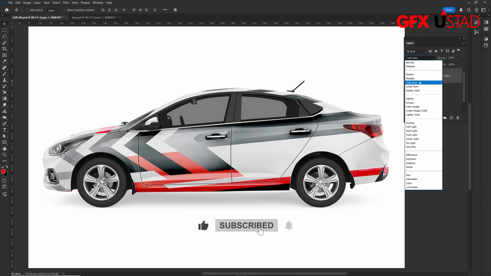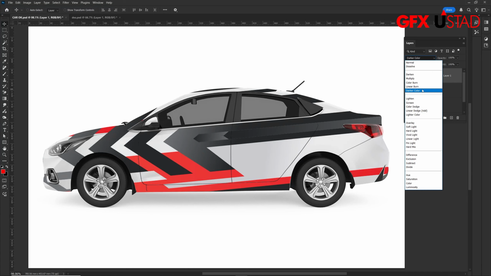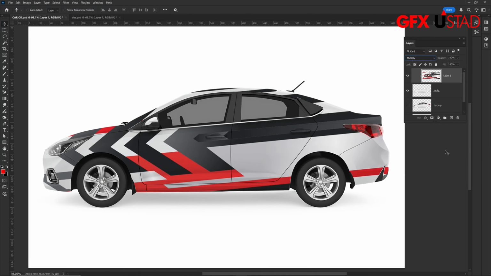Now choose a blend mode that look best for your artwork. Darken, multiply, color burn, linear burn, darker color. Taste and select the one that work best. In this case, multiply work well. Now car wrap mockup is ready,